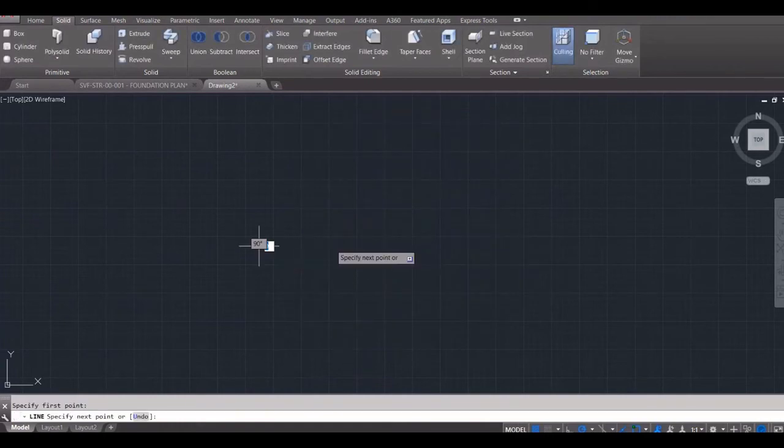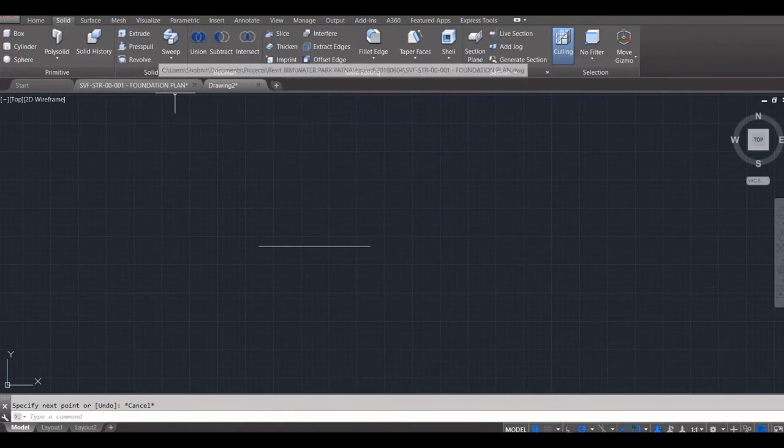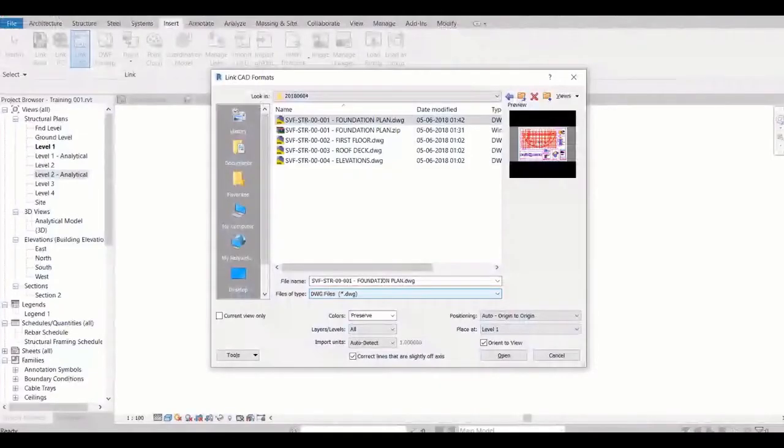So what happens if I draw one line over here with 1 meter? I will think that this is 1 meter, meaning 1000 mm. But because I did not define this, what happens when I attach the CAD file over here in Revit? That will not show the correct scale.